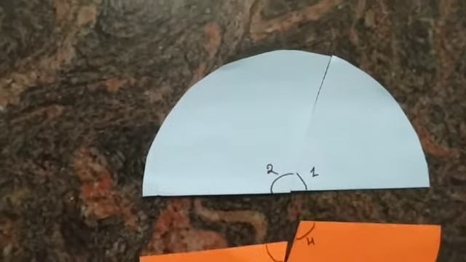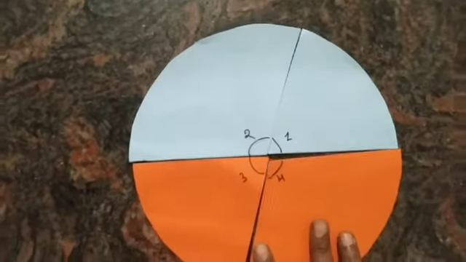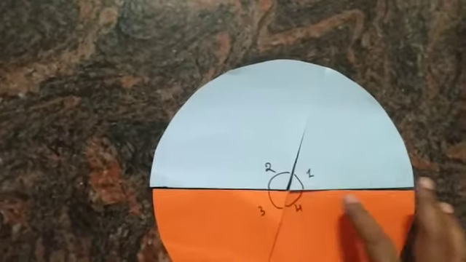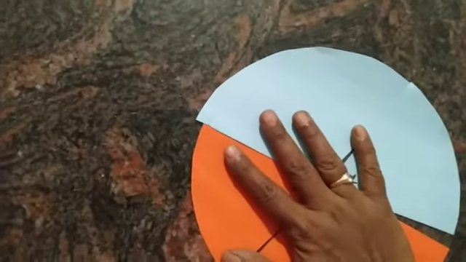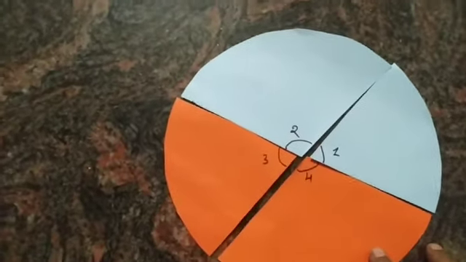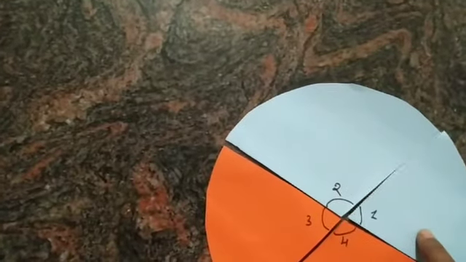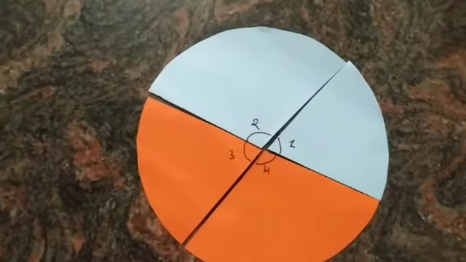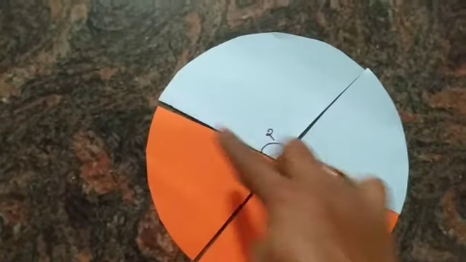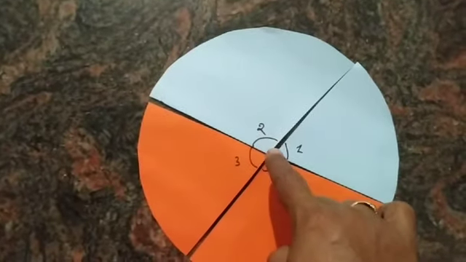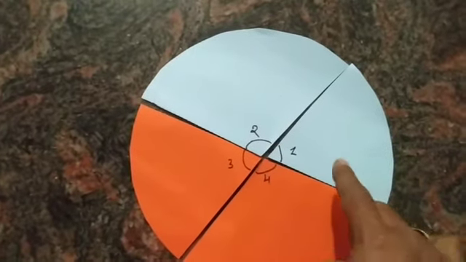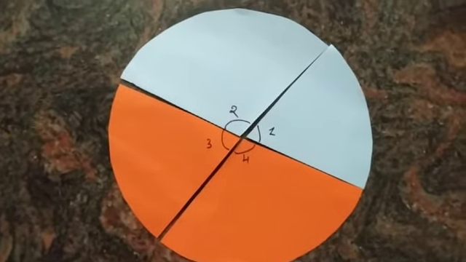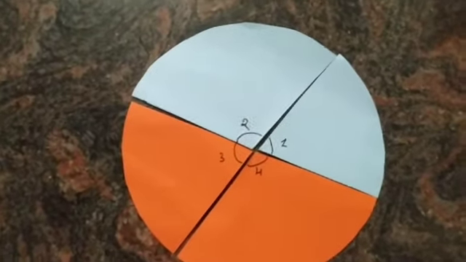Now let us come to know about the vertically opposite angles. Here you can see this is one line, I can call it L and this one M. So here, this is one line, I can call it M. And this one is another straight line, that is L, and both the lines are intersecting at the center here, O. So here it makes angles 1, 2, 3 and 4. These are the 4 angles it is making.